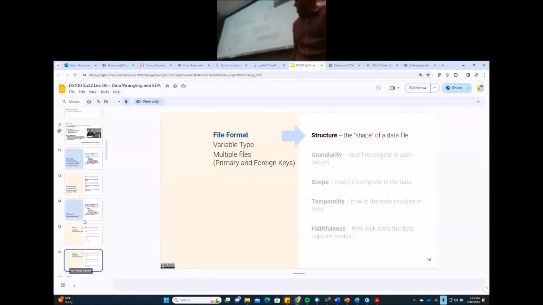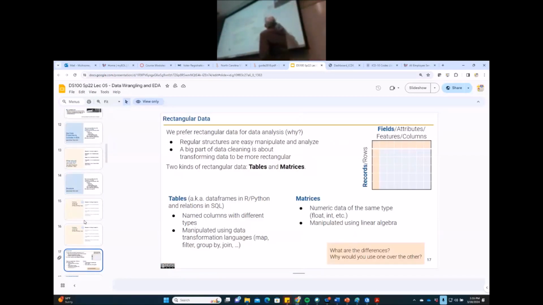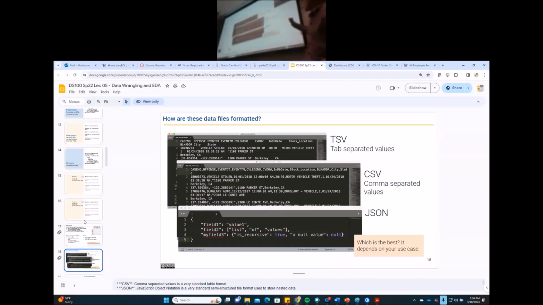Other things about structures, what does the data look like? To me, this is what data looks like. This is what it is. And so things like data frames in R and Python, relations in SQL, those are all kind of saying the same thing for the most part. We can open these up as TSV values, CSV files, JSON, JavaScript Object Notation, and now we have things called GeoJSON, geographic